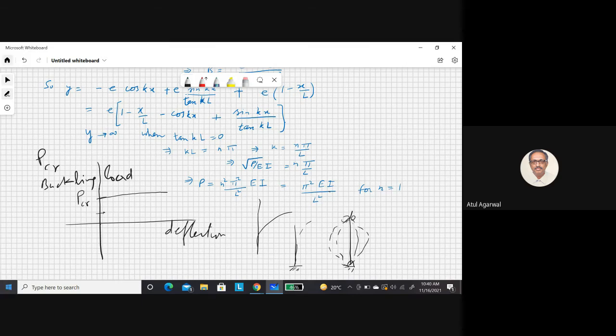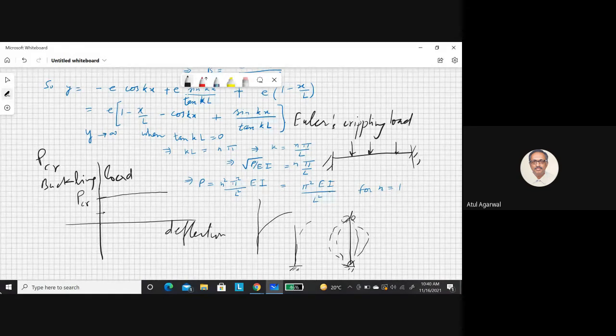Or this is also called crippling load, or Euler's crippling load. So Euler solved this problem for the first time. So in beams, it was a typical problem that a member is strong in tension, but it tends to fail in compression. You see your bridges. In bridges, there will be an upper part of the bridge. Suppose this is a bridge. You will be applying load like this.